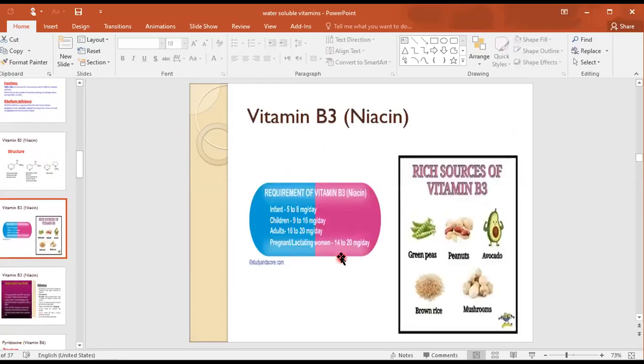About the requirement, also we need small amounts, 16 to 20 milligram per day, and this dose must be increased in pregnant and lactating females. Rich sources of this vitamin include the green vegetables like green peas, peanuts, avocados, brown rice, mushroom,